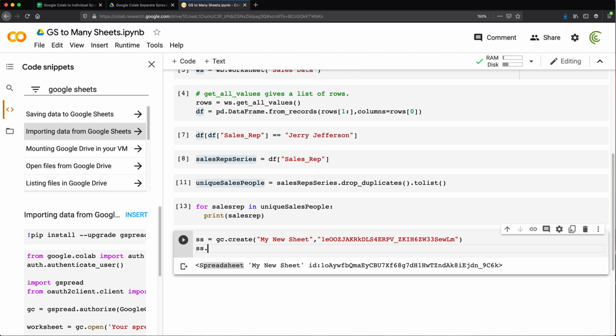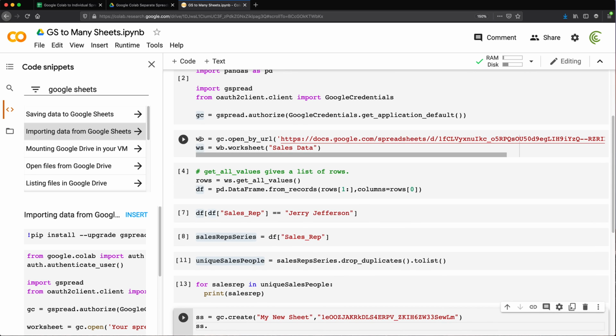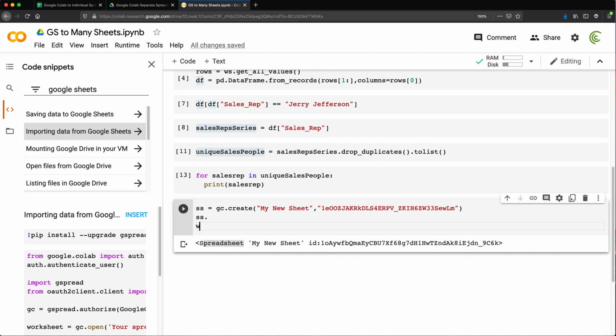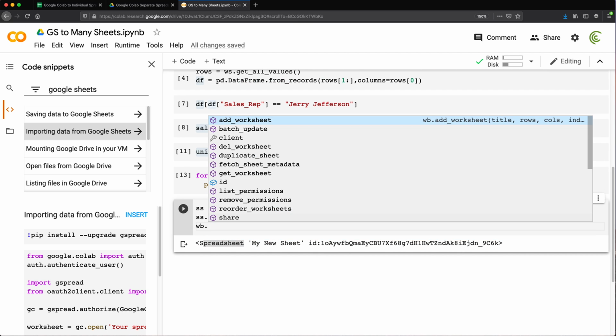To be able to see what we can do with that variable, we should basically just take a spreadsheet like this. WB is a spreadsheet, so using that autocomplete, we should be able to figure this out. So I'm going to do WB. See, all of these methods should be available on that SS as well. So if I just look through here, let's see if we can rename the worksheet itself to give it some name,